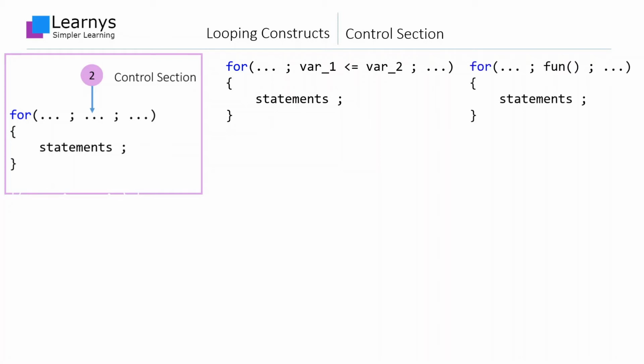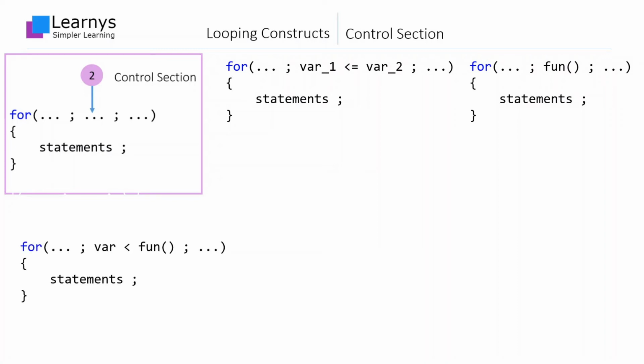The fourth expression is just a call to a function named fun. As mentioned earlier, the evaluated value of this expression will decide the continuation of the loop. If the function returns a non-zero value, it will be interpreted as true and the loop will continue, and if it returns 0, it will be interpreted as false and the loop terminates.